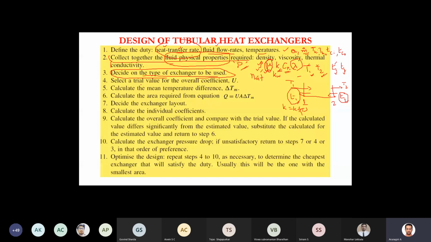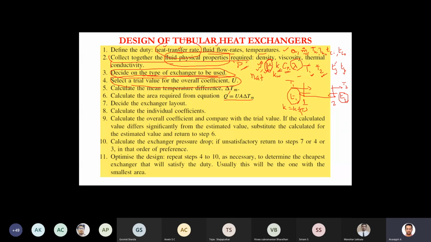We will see one by one when we discuss what the advantages of the exchangers are later on, okay. So then once you have selected the type of exchanger, you have to select the trial value of the overall heat transfer coefficient. The general design equation we know, that is Q is equal to UA delta Tm,